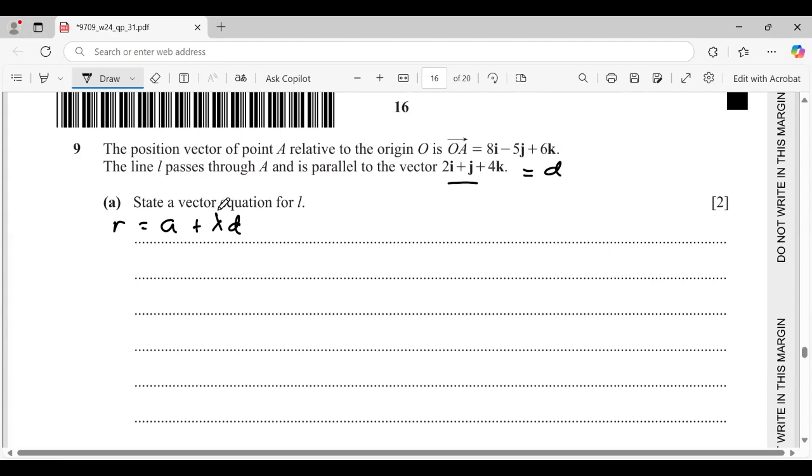So the vector equation for the line is r equals 8i minus 5j plus 6k plus lambda times 2i plus j plus 4k. Right. This is the vector equation for L. And next,